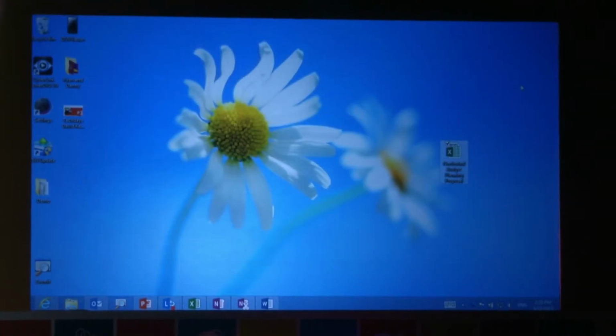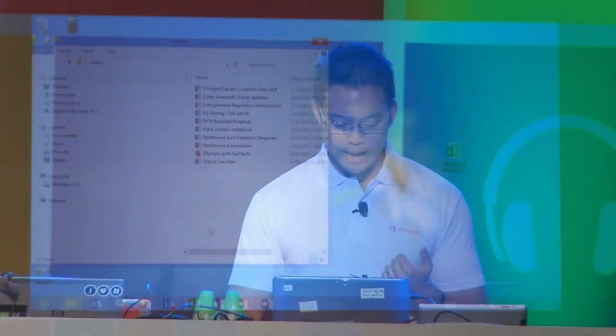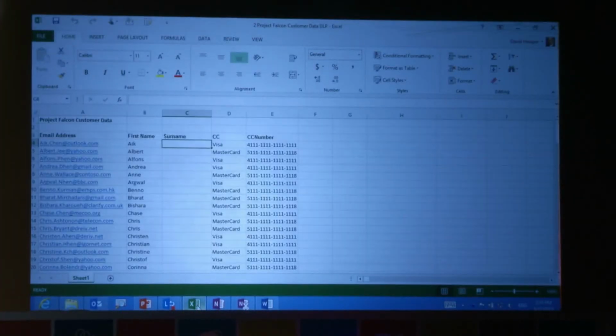So the next scenario I wanted to show is something really nifty in the new version of Excel, and that is, it's already up, I think. Okay, flash fill. Here I've got an Excel file. I want to do something a little bit fancy. I want to pick out of the email addresses on the left all the surnames